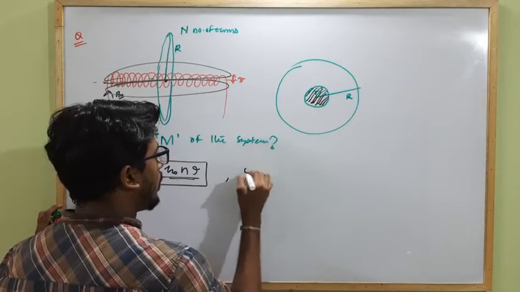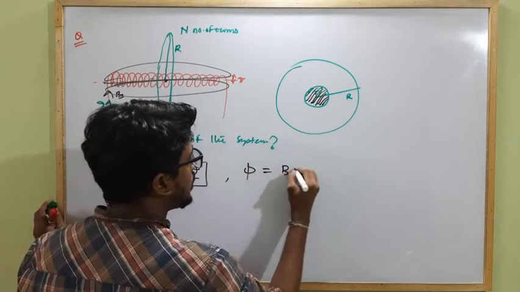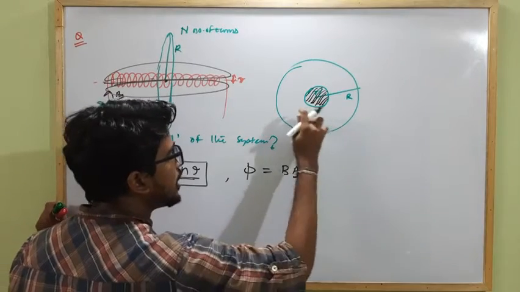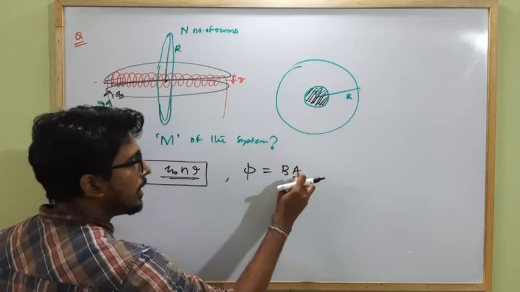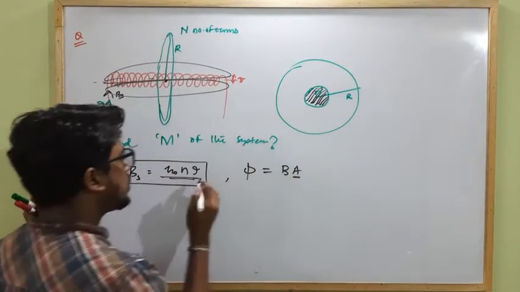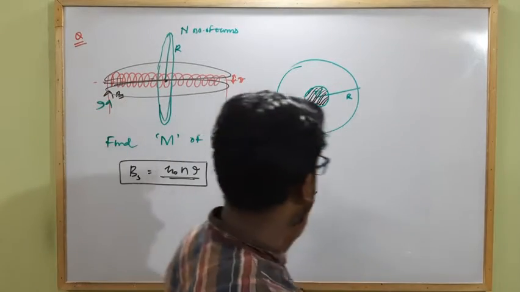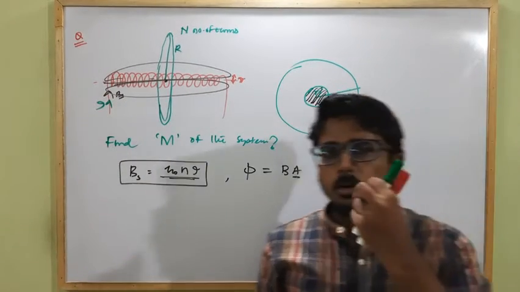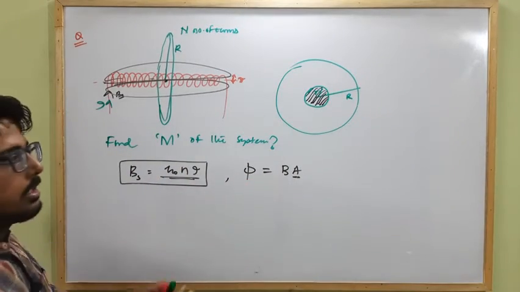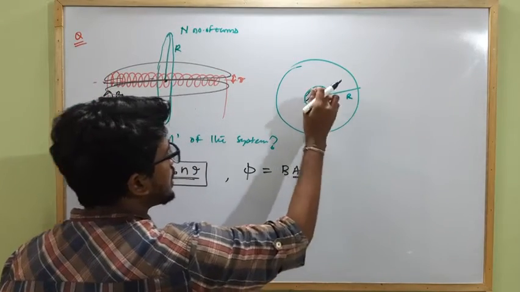And this is the region within which the magnetic field is linked. So what is the total flux? Phi, or the flux linked with the coil, will be B into A. Clear? What is A? Here A is not the area of the complete ring, because A here is the area of the portion of the ring within which the magnetic field is linked, because in calculation of flux the area A is the region or portion of the ring which is linked with the magnetic field.